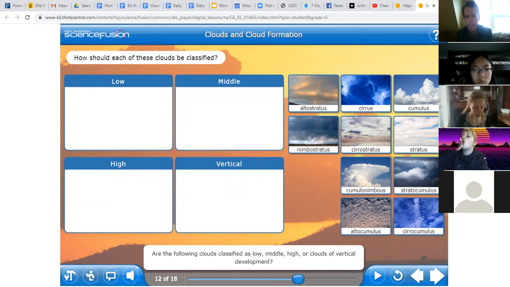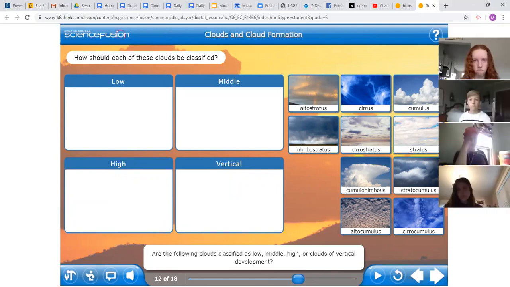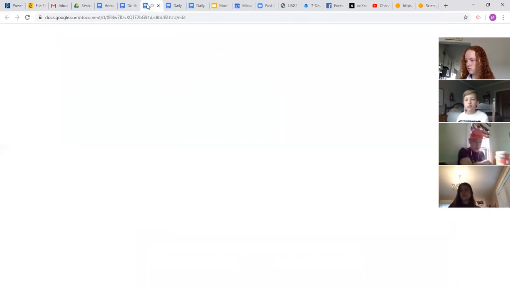Cumulo is a prefix that means what? Anybody know? To accumulate, to build. Okay, good. So cumulo is like cumulate. It's a cloud that means like heaping or puffy. So if you have notes right now in front of you, notes that look like,